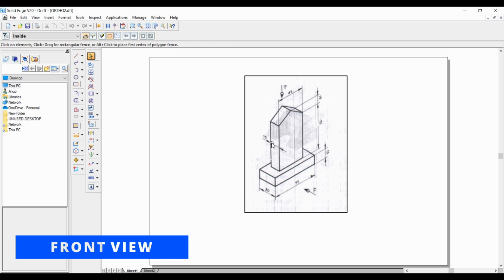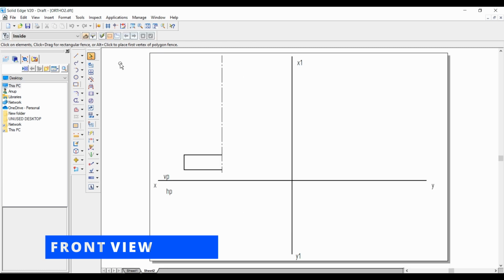So next is to draw the upper part. The height is 75, the width is 45. So 45 divided by 2 will be 22.5. Height will be 75, and also we have to draw an angled line at a height of 15 mm. So here again select the same point here.